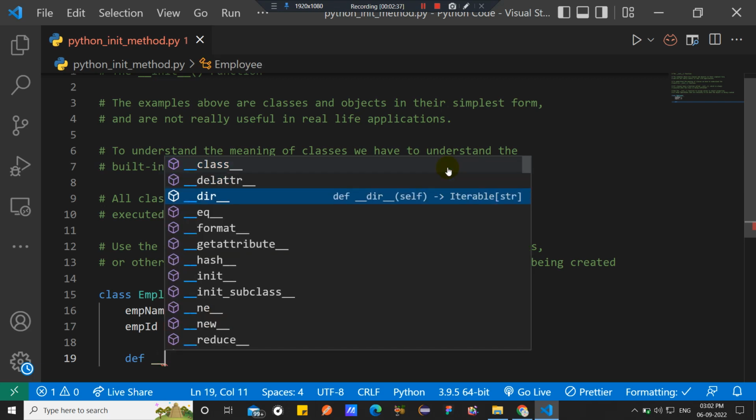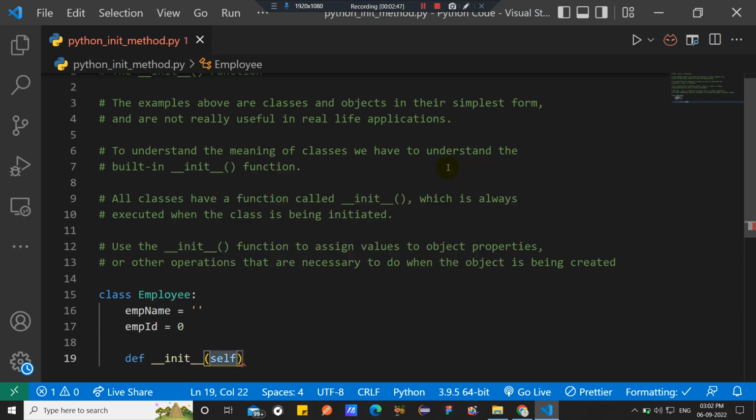Here you see lots of built-in methods are present: eq, format, getattribute, hash, new, all of that. Init self colon,